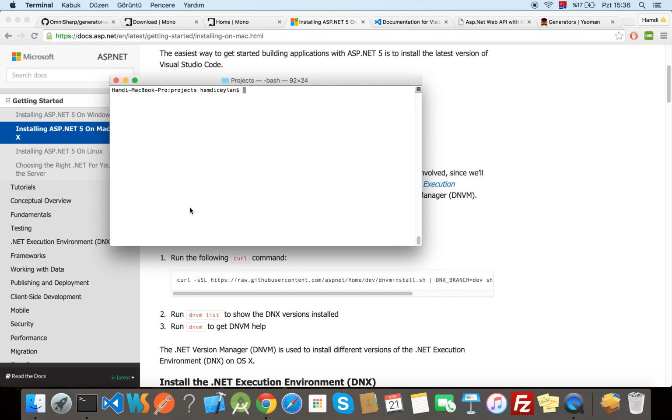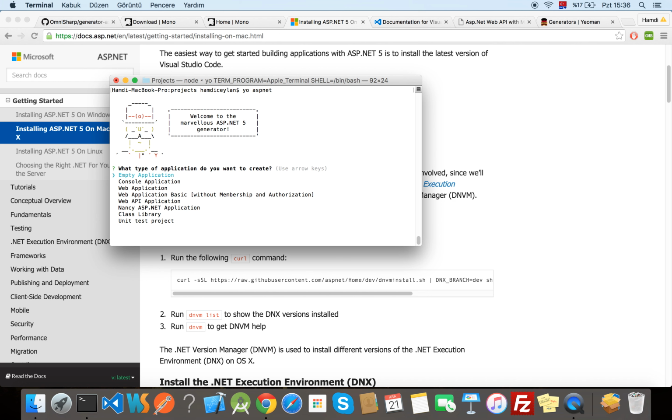Okay, I'm inside of the projects folder. I type yo aspnet. When I press enter, Yeoman welcomes me to the ASP.NET 5 generator and asks what kind of project I want to build. I will choose console application for now, because the easiest way is this one. Press enter, and Yeoman